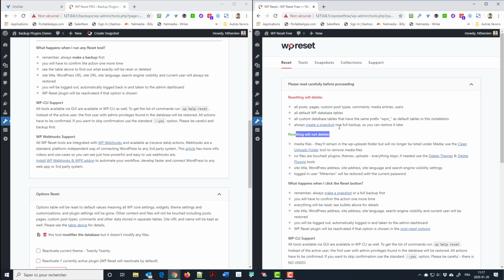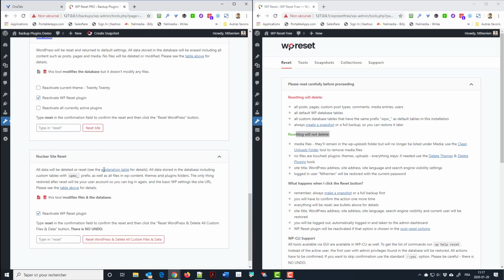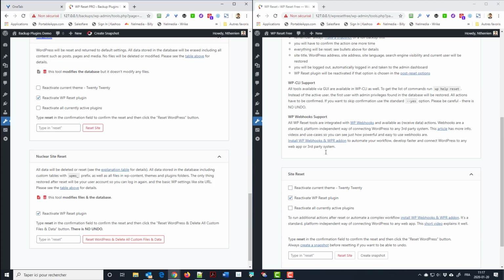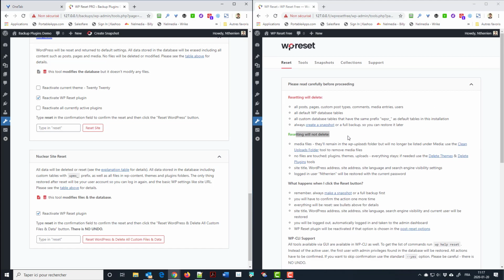And by comparing those two, which I won't do right now, you'll see that in the free version, you have the site reset. In the pro version, you also have the options reset and the nuclear reset that they mentioned, by the way, on the free website, but it doesn't seem to be available unless it's somewhere else. Anyway,